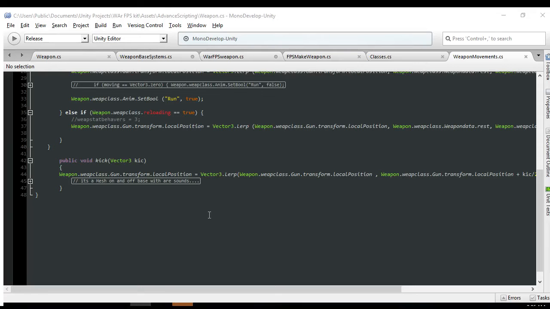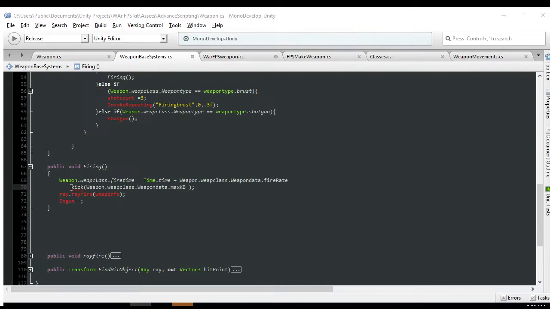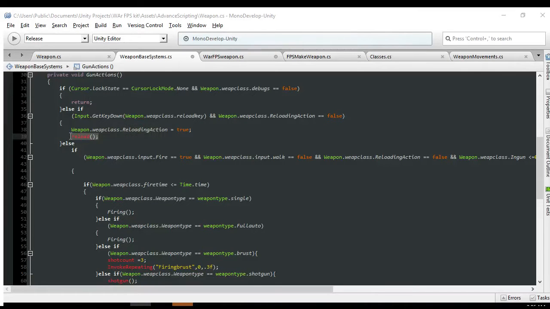I'm fine with that. But it takes a vector 3. Why would we have a vector 3? Okay. Well, so weapon class dot